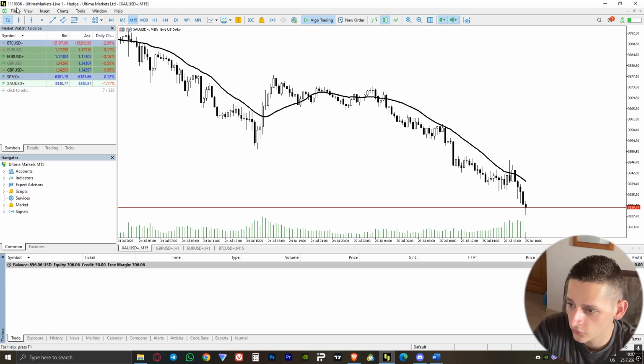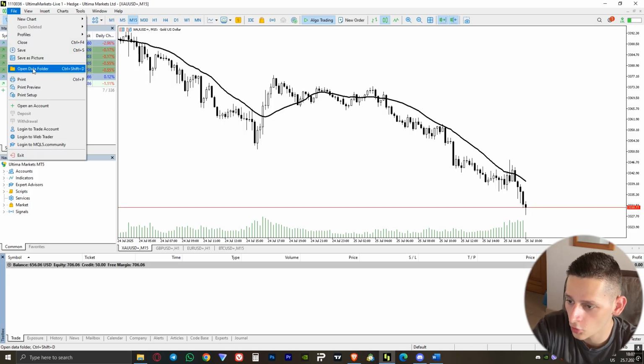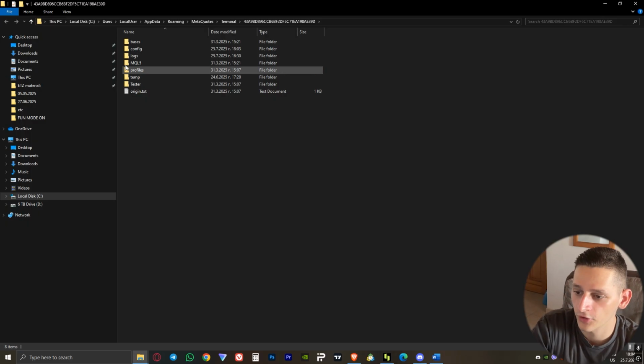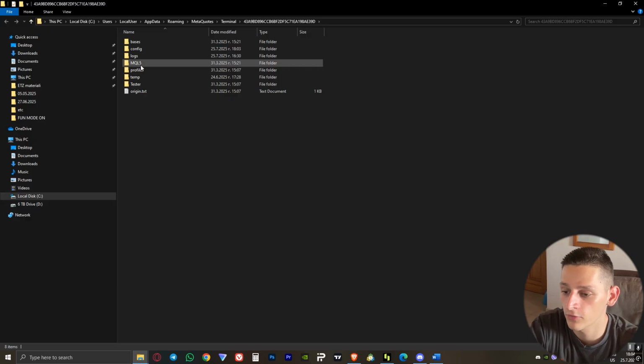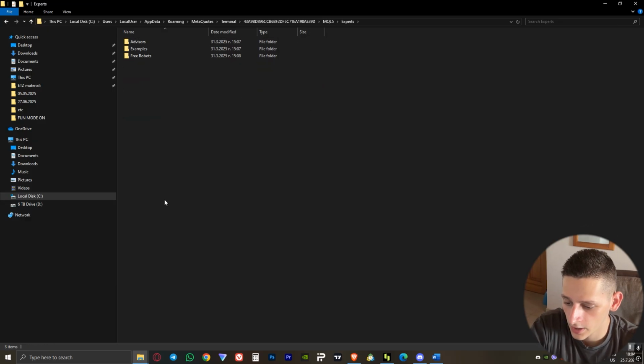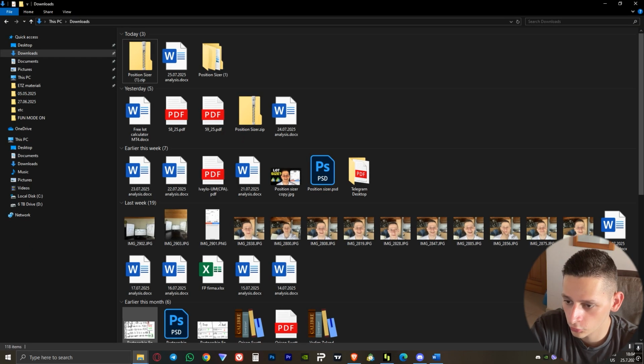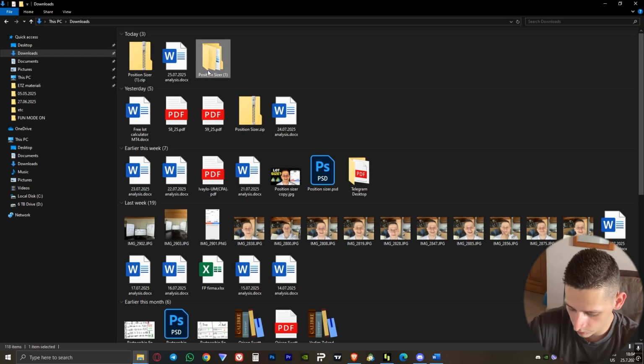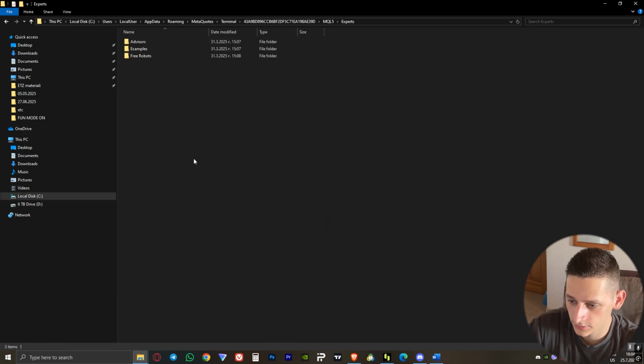After this, go to File, go to Open Data folder. After this, you're searching for MQL5. After this, Experts, and you have to go to Downloads, copy with Control-C, and paste this exactly into the MetaQuotes terminal. So after this, you have to close,